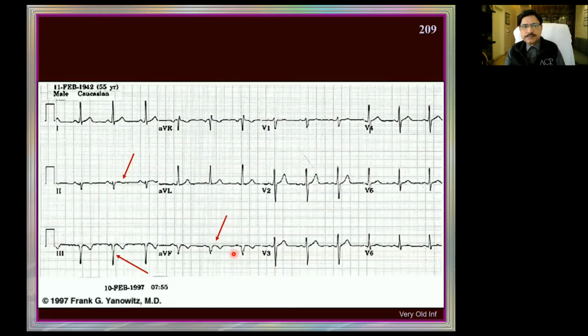Look at this. Almost like the previous one, but then here the Q waves are very deep. QS complexes are very deep, no ST elevation at all in any one of them. T waves are becoming flatter almost here. Here they are still slightly inverted. Other leads are looking very normal. Rate also is very stable. Such a patient has an old inferior infarct.